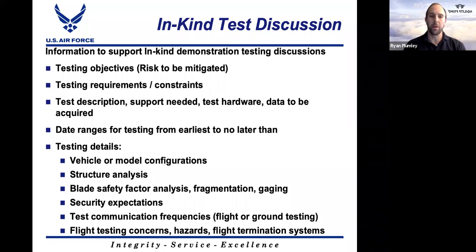So I think it'll be important to understand what the date ranges for testing they're looking for, the earliest that can possibly be accomplished, and what's no later than, or it'll be overcome by events if we can't provide testing support. So as we get into more details, just talking about vehicles and configurations, obviously understanding a structural